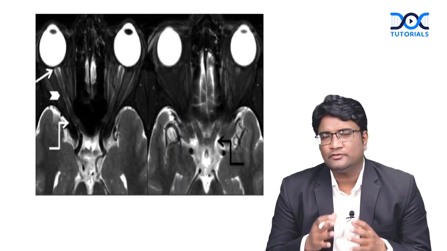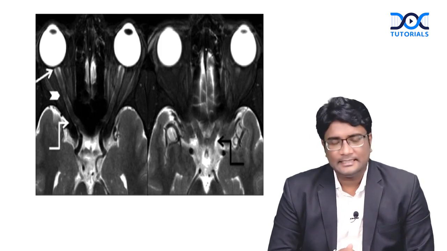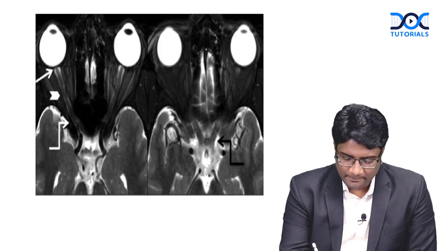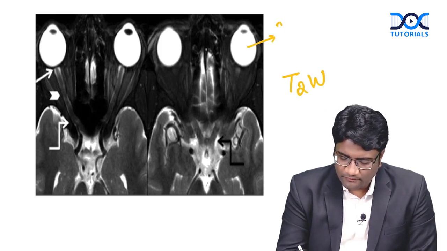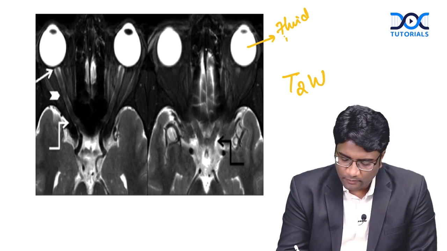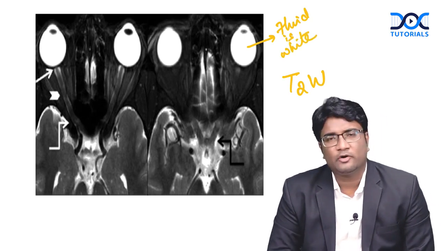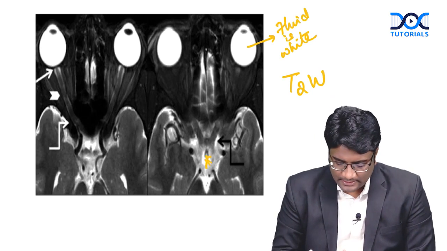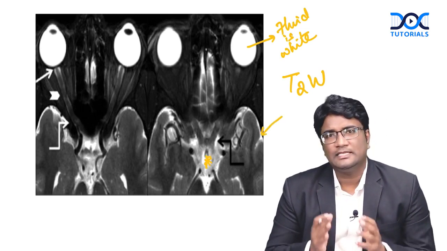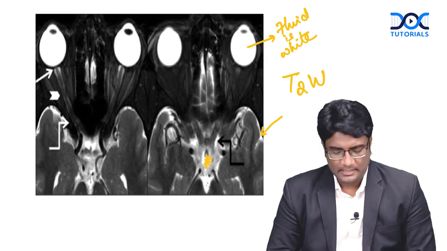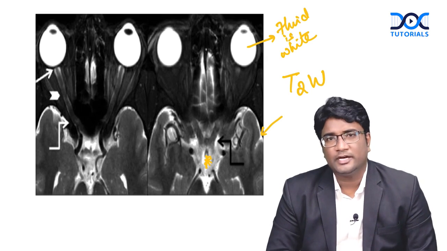Now let's look at these four segments of the optic nerve on the MR imaging. You can see here, this is a T2 weighted MRI. You can see that the fluid signal is white. Fluid is white on T2. So the vitreous, the subarachnoid space, the suprasellar cistern here, the sulcal spaces, they appear white. So let's understand the different segments of the optic nerve on this T2 weighted imaging.